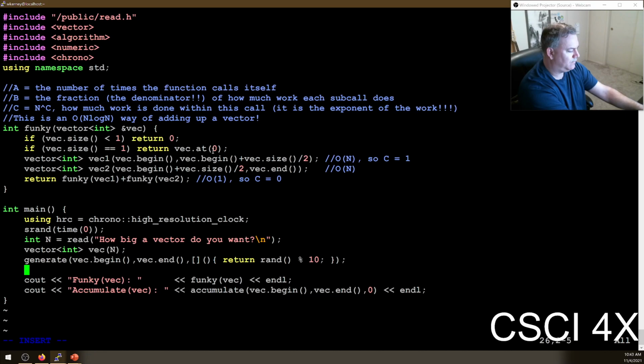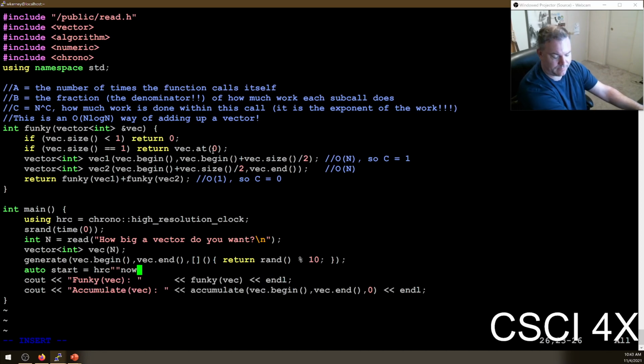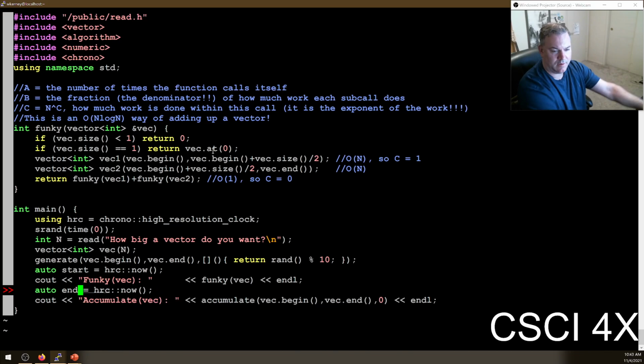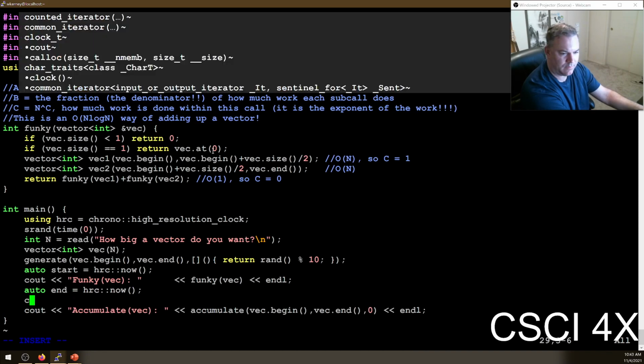We are going to start the timer by saying HRC::now. That's not a colon, is it? Now. Start the timer, end the timer, and then we're going to take the difference. It's basically starting a stopwatch and ending a stopwatch. You subtract the two of them, and that tells you how long funky took to run. And we do so by, well,